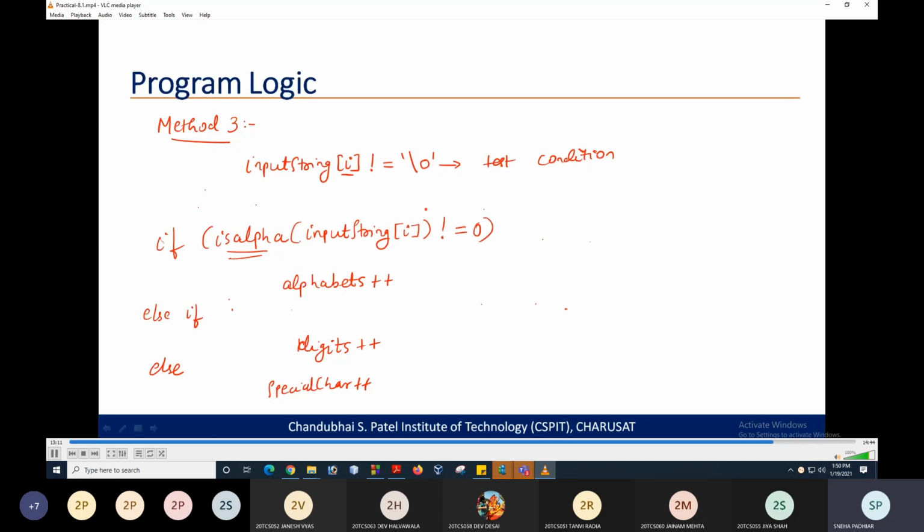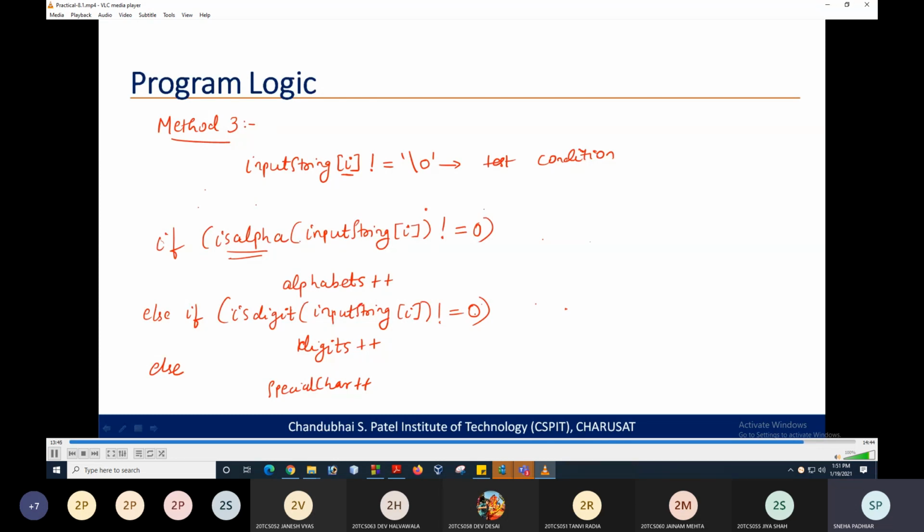So we again will be checking one by one for the same. And again for the digits, we are having the method isdigit. Okay, so if isdigit input string of I not equal to 0, then again you need to increment the counter for digits, and if it is not alphabet, it is not digit, then in the else condition we will increment the count for the special character.